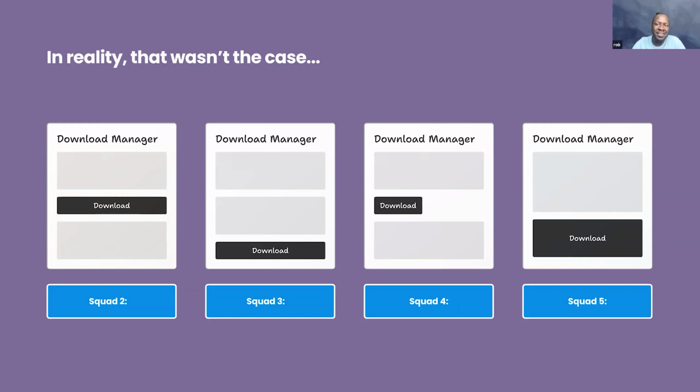One of the other interesting things about what happened and what we uncovered is that throughout all of this, the designed component never changed, yet each implementation was very different. And so when we did some more digging, we were able to uncover that it was just a breakdown in communication and some misalignment. There were assumptions being made that the first component that was developed by the first squad was being used in all of the other implementations, and we believed that those conversations between the squads were happening, but actually they weren't. And this was in some of the early stages of getting the design system and the ways of working set up.